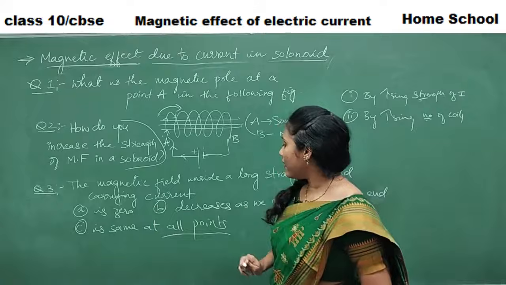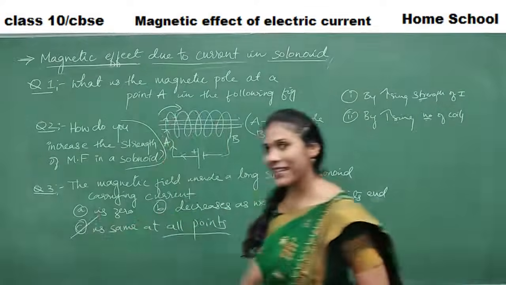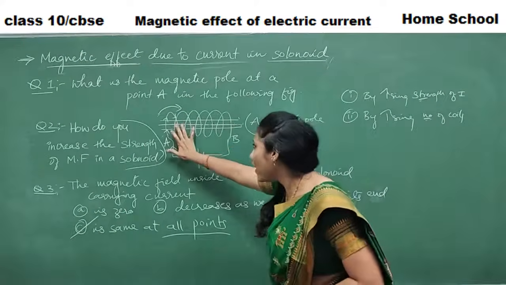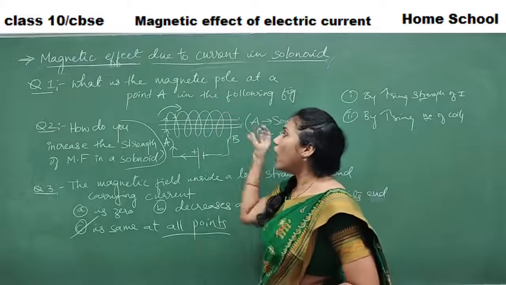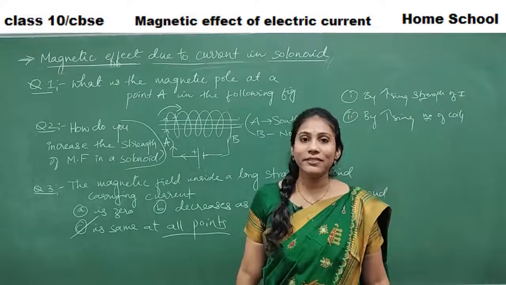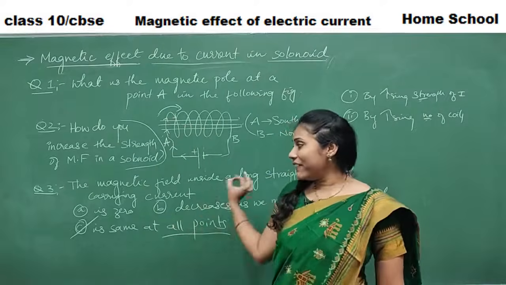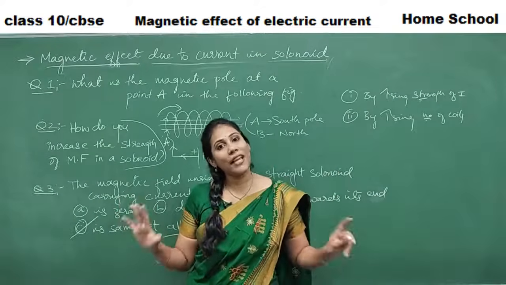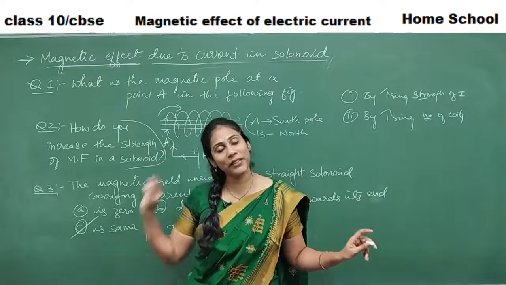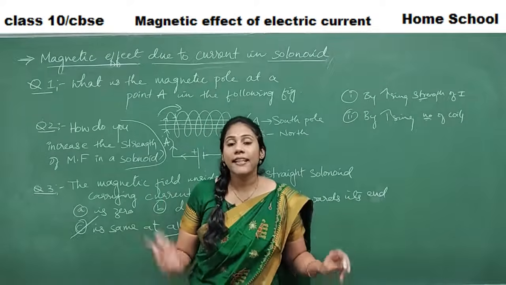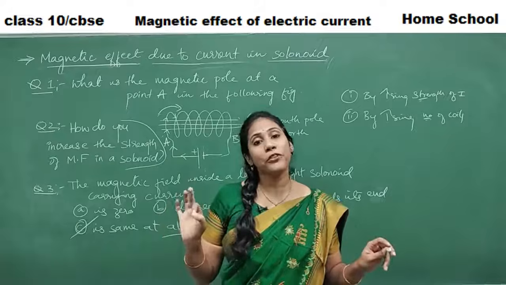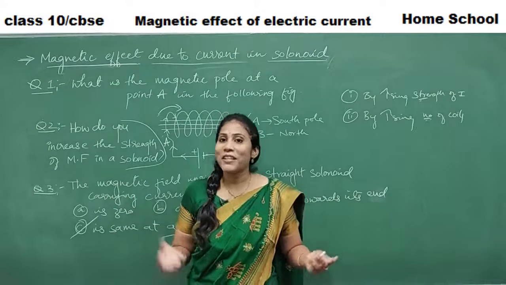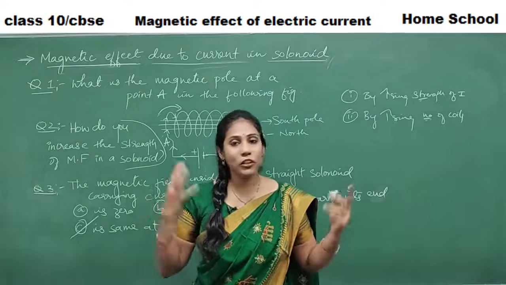Right? So what's your answer here? Your answer is option C. Definitely, right? Is the same at all points. Magnetic field is the same at all points inside a solenoid or at the center of a solenoid. Clear? So you have to be very, very careful with the conceptual questions like this. So definitely, to answer such questions, you should have complete clarity on a concept. So each and every point that I gave you today is very, very important from the examination point of view, and I think I have covered in depth to the best of my knowledge. So utilize this and get perfect with the concept.